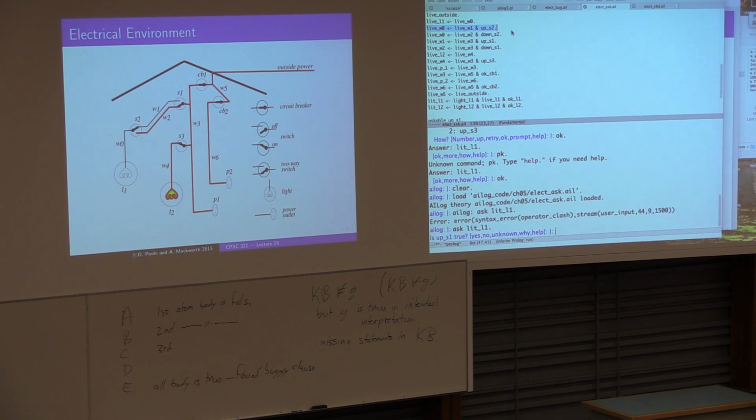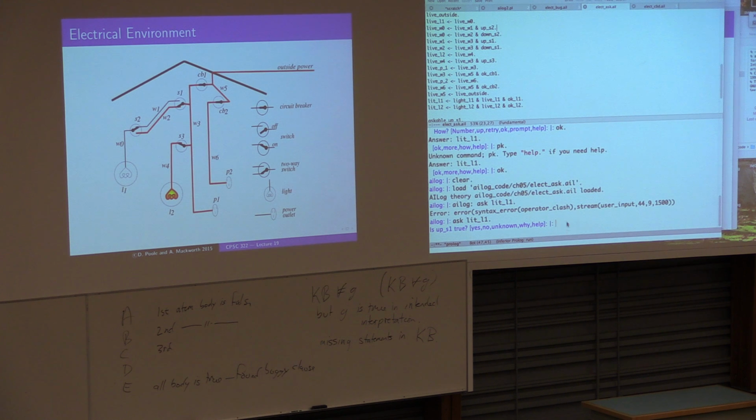Right, and so now what we want to do is come along and say, is this question true? So now we're going to ask yes/no questions in the middle of this to actually start talking about what it is the user should know, because we're going to say the user should know whether the switch is up. So what's the answer? What will I type here? Yes, no, pick something. Is it up? Let's say the answer is yes. Let's put yes, and that's going to ask whether S